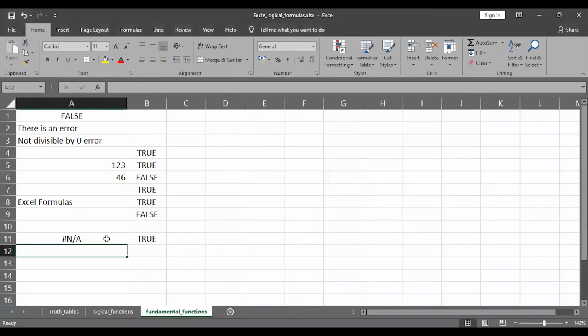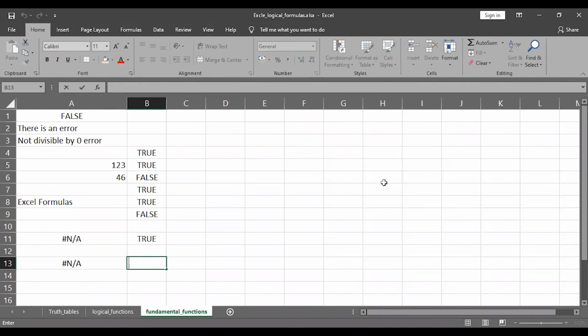And if I provide a value, suppose let me type #N/A, and I work with the ISNA function on this value, I'm just going to do ISNA and then provide this value. And now in this case, it is going to return me TRUE.